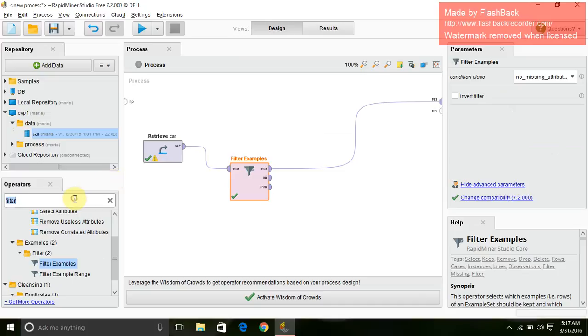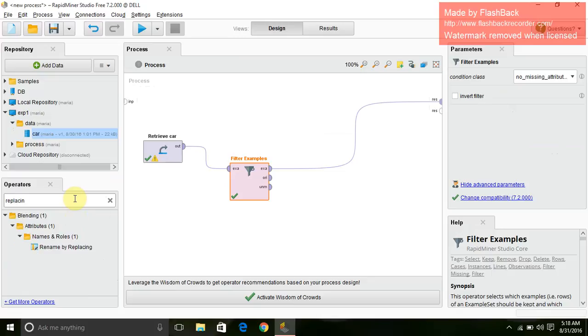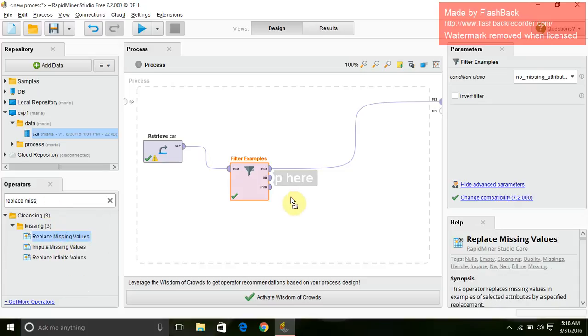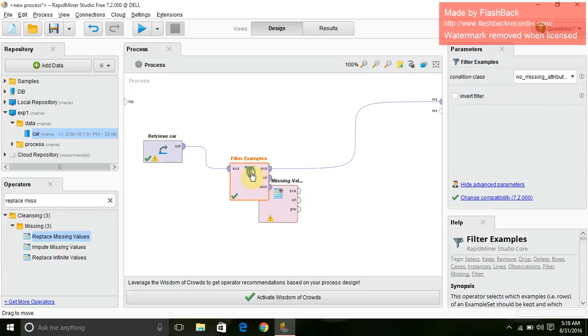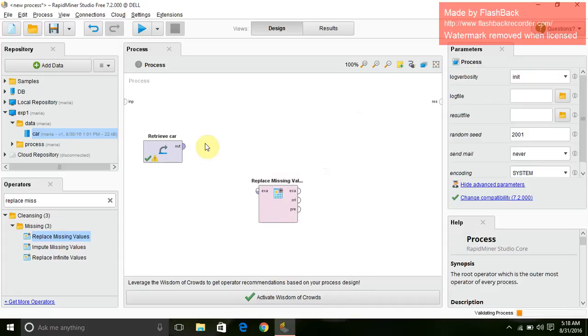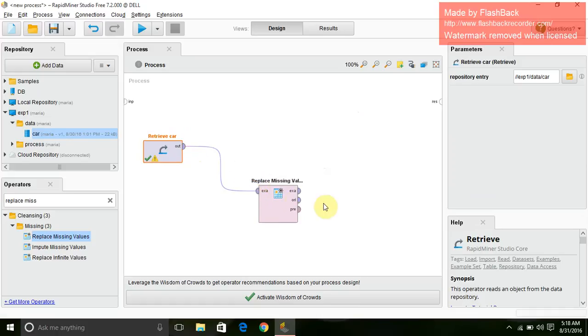So another method for handling the missing values is replacing the missing values. So I am using this Replace Missing Values operator, and the connection is being made,